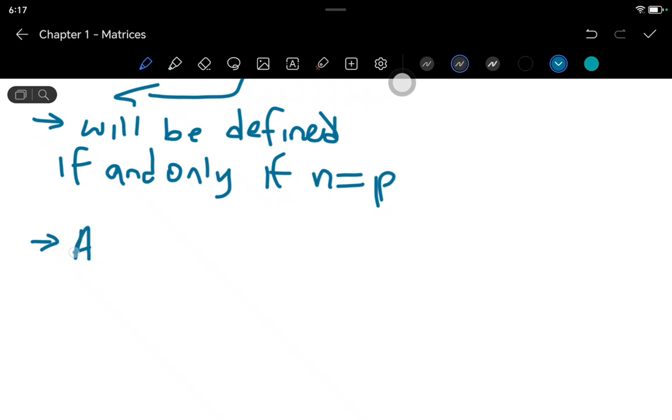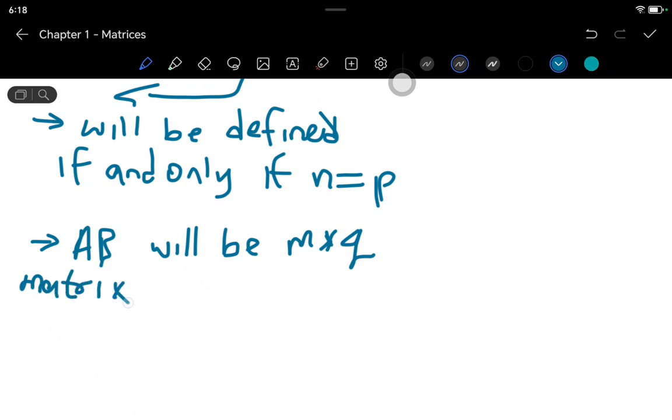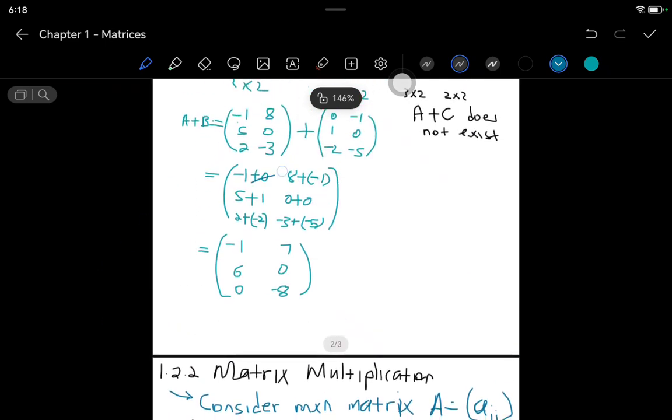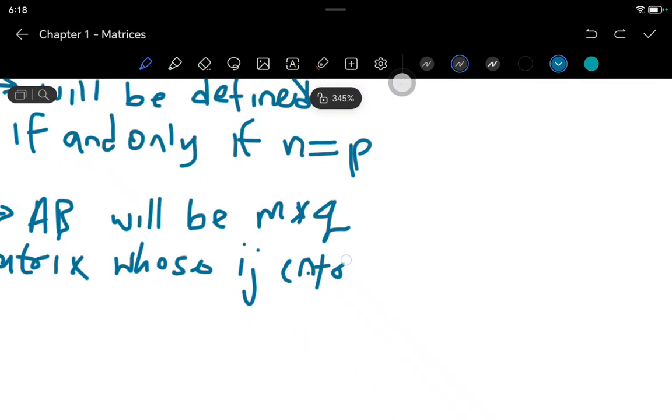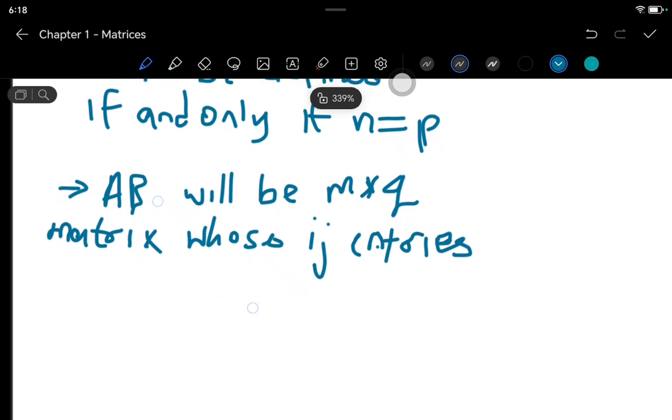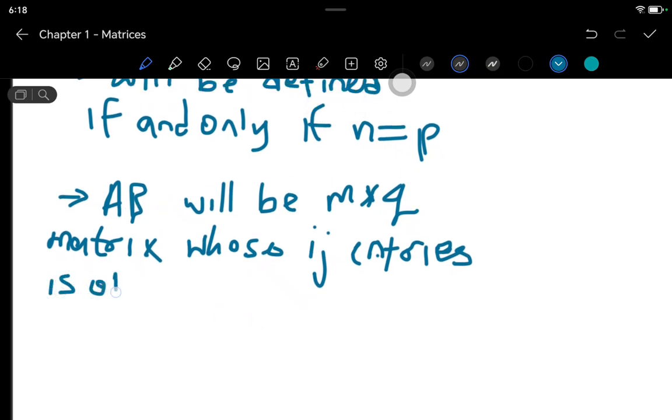So we can say that the product AB, obviously you know that this is a product, will be, as I said, an m by Q matrix whose ij entries, I'm talking about these inside entries, these ones, right? So whose ij entries are obtained